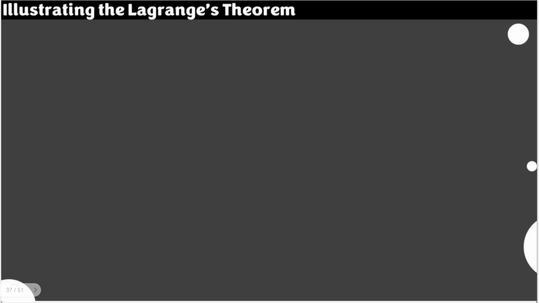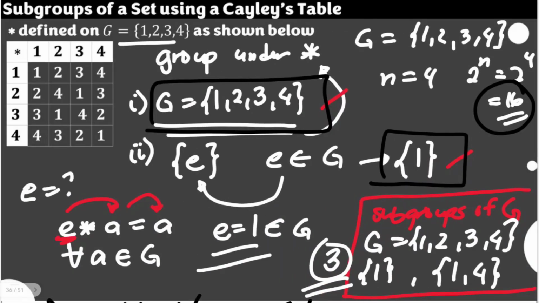For this video, we are going to illustrate the use of Lagrange theorem in determining or verifying the subgroups that we have determined for a certain group. By the way, let me return to the previously discussed video, this one here. This is actually identifying the subgroups of a set G with elements 1, 2, 3, 4, as shown in the Cayley's table below. We don't know how the binary operation is defined, but basically Cayley's table is also the other way of telling us how the operation is being operated.